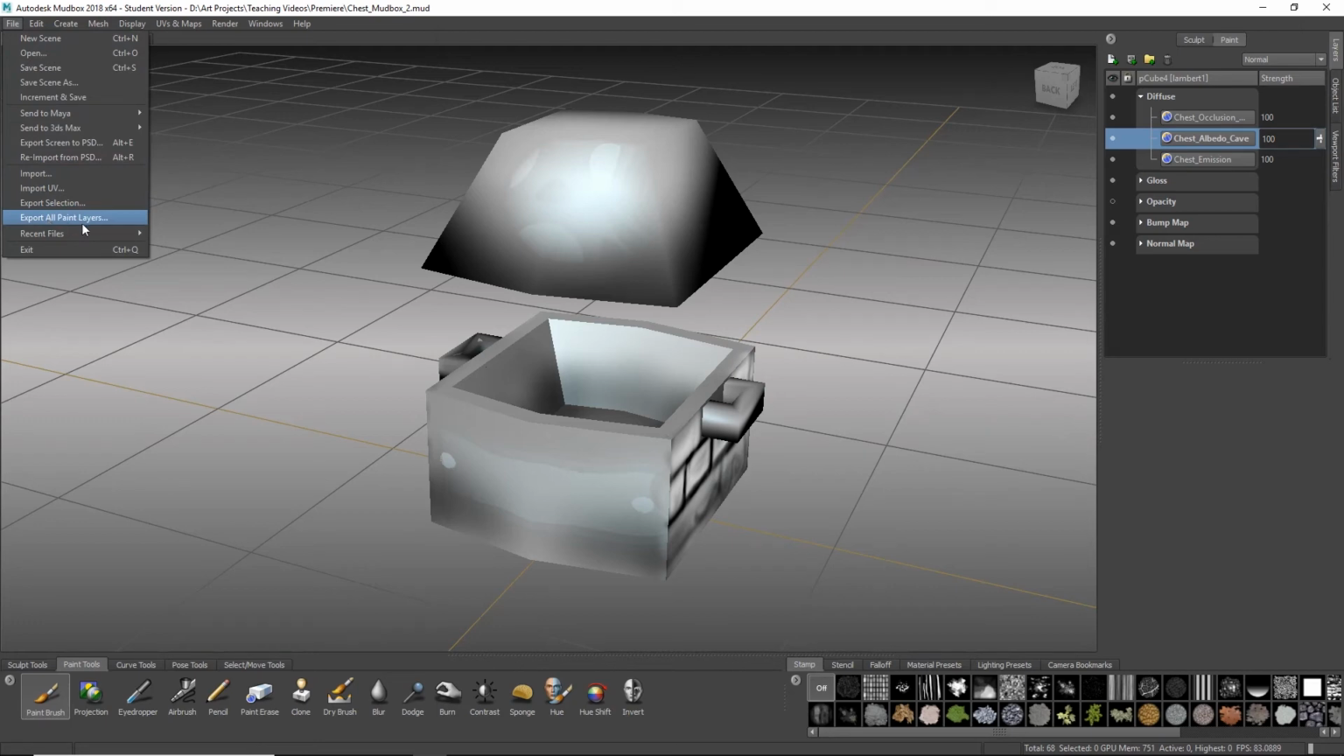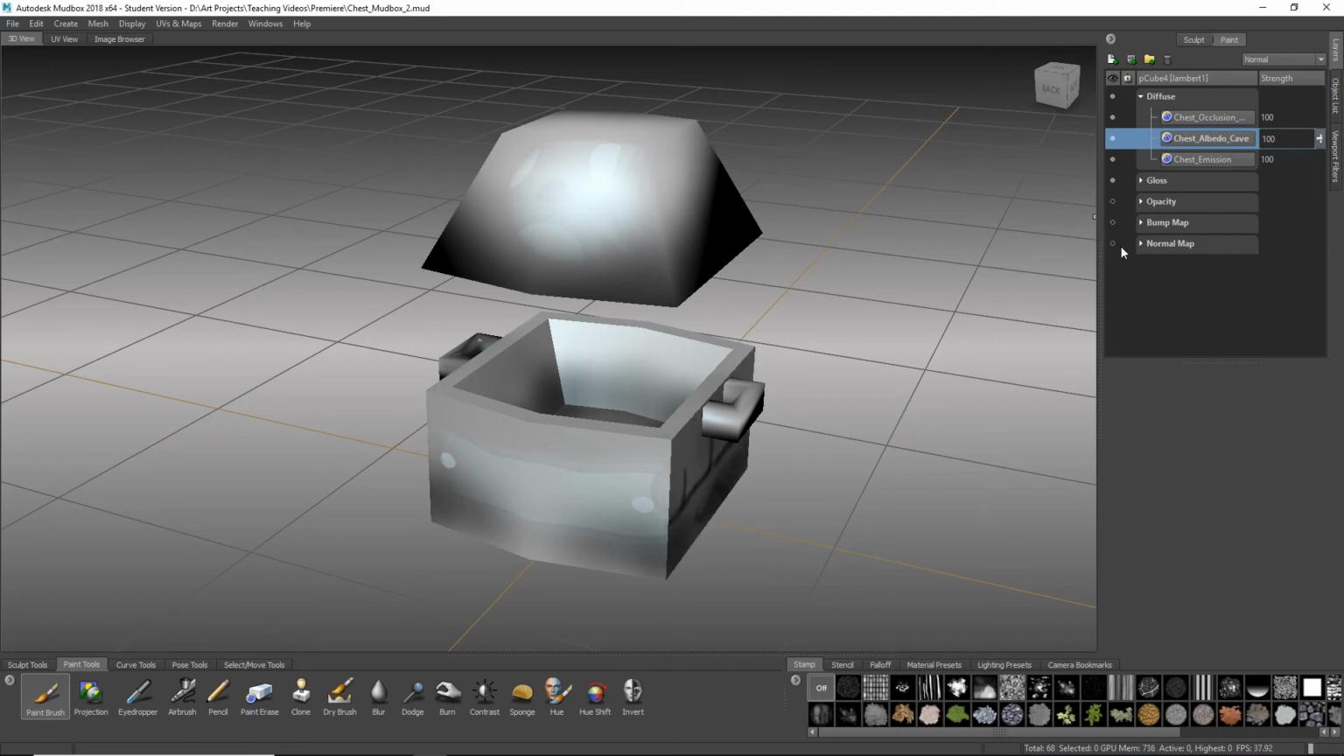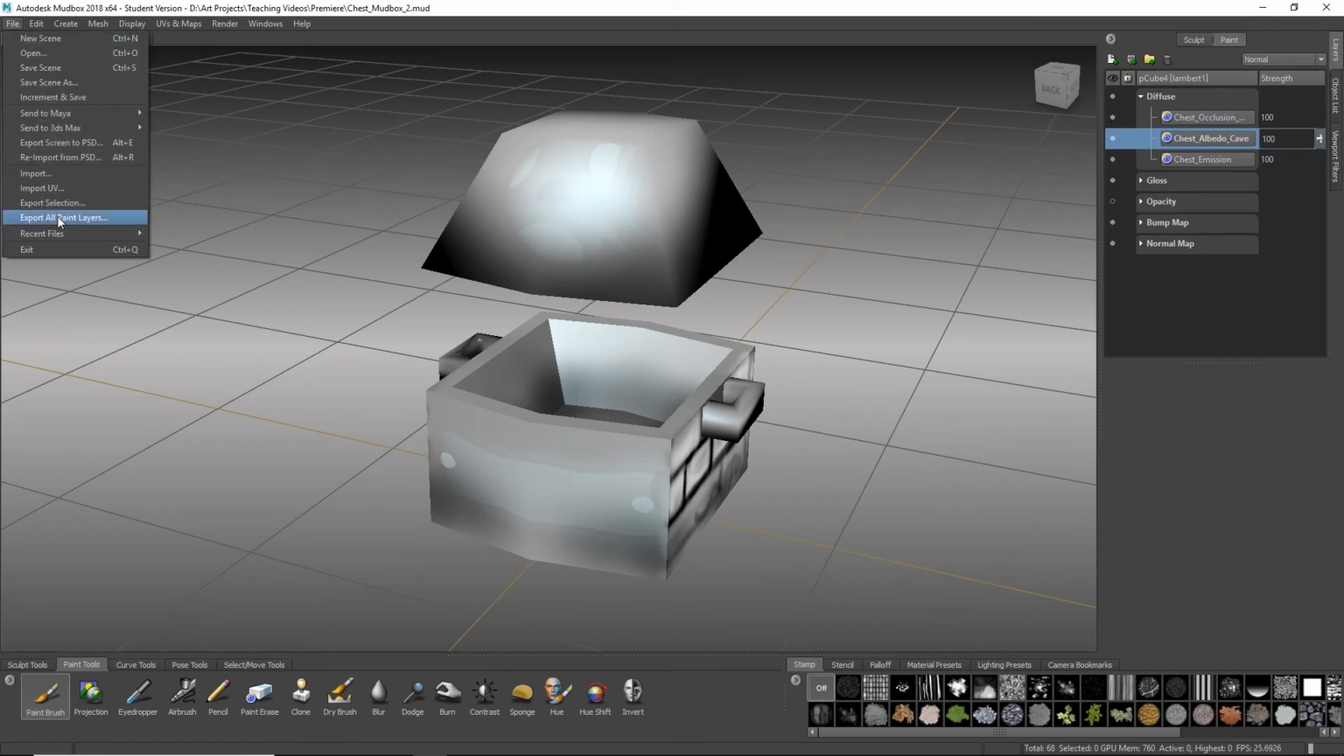But before you do that, this actually exports everything that's showing. So right now, the only thing that's not showing is the opacity layer. I don't want to export that, so I'm going to hide that. I'm going to hide other things that I don't want to export. I'm going to show these because I want to export them, and then I'm going to go to File, Export All